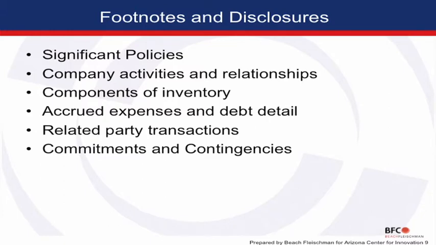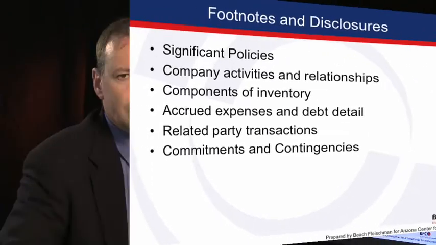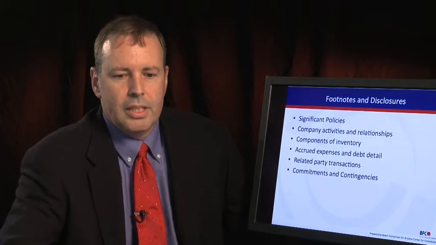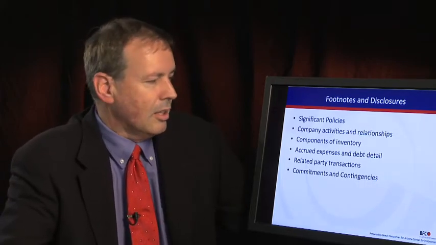The fourth component of the financial statements are the footnotes or disclosures. And these are generally a key component of the financial statements. These are the items that a bank or bonding company or a serious investor is going to get back into and really look through to get detailed information about the representations that are made on the balance sheet, income statement,